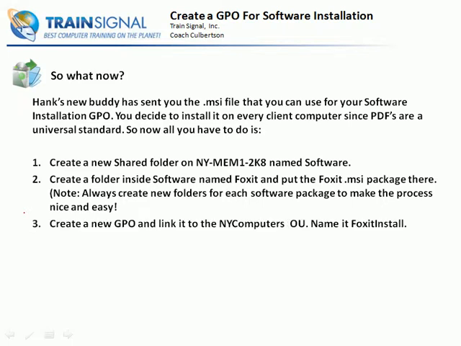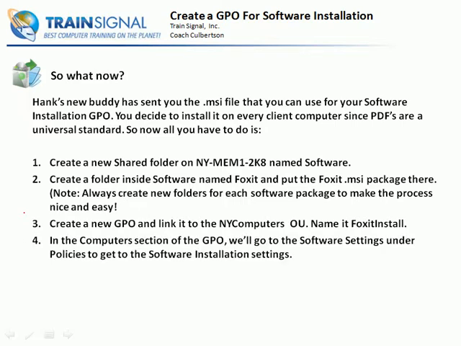All right, then we're going to create a new GPO. We're going to link it to NY computers, and we're going to name it Foxit Install. In the computer section of the group policy object, and we are going to be installing it to the computer side because it's just easier. With the computer side, we're going to assign it, and we're just going to have our users reboot